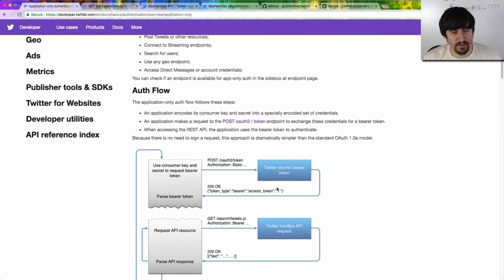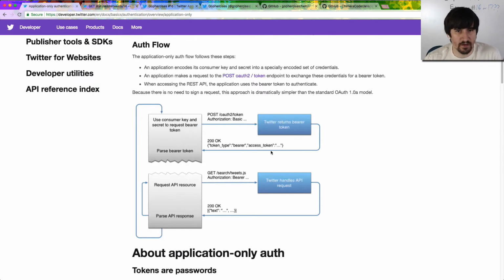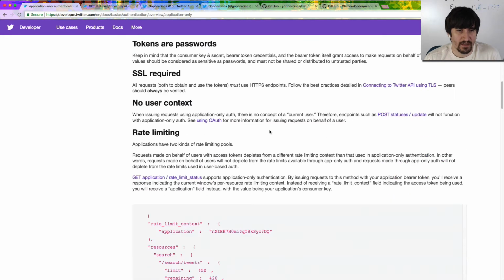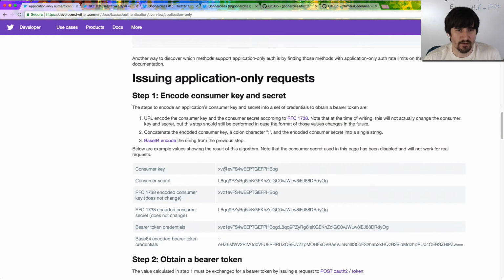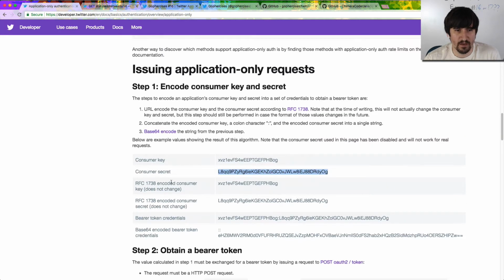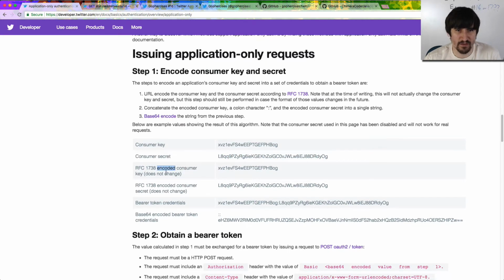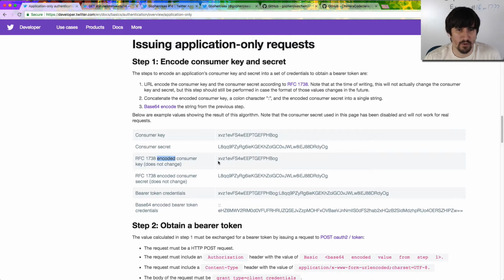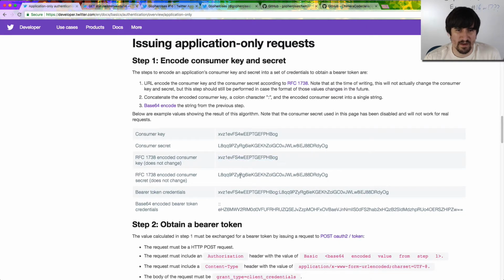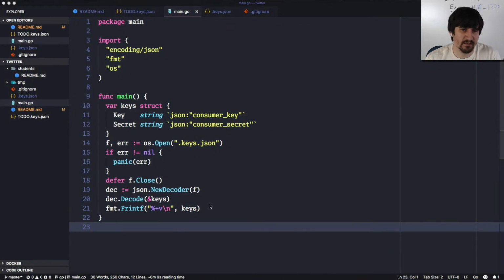So the basic way this works is, you can read through all this to try to figure it out. But the basic idea is that first we get our consumer key and consumer secret. You're supposed to RFC 1738 encode, which I think is just URL encoding, both of these. But we don't actually have to do that. I think they end up turning out the same. But just in case, let's go ahead and say